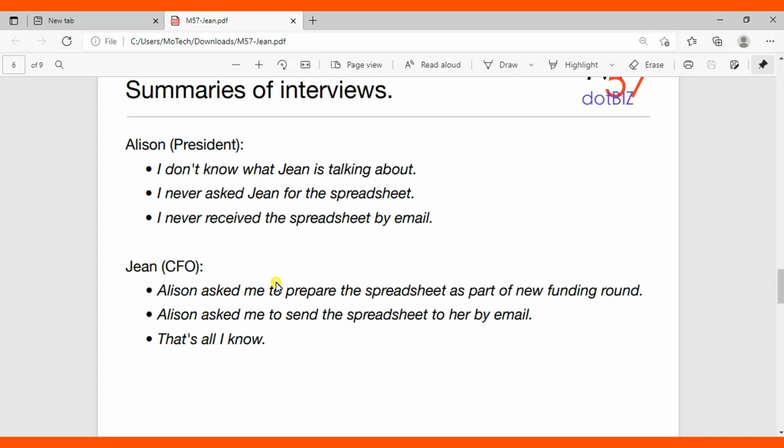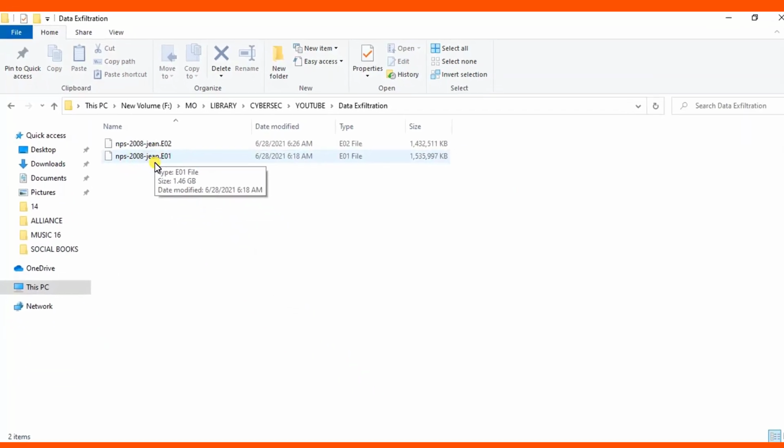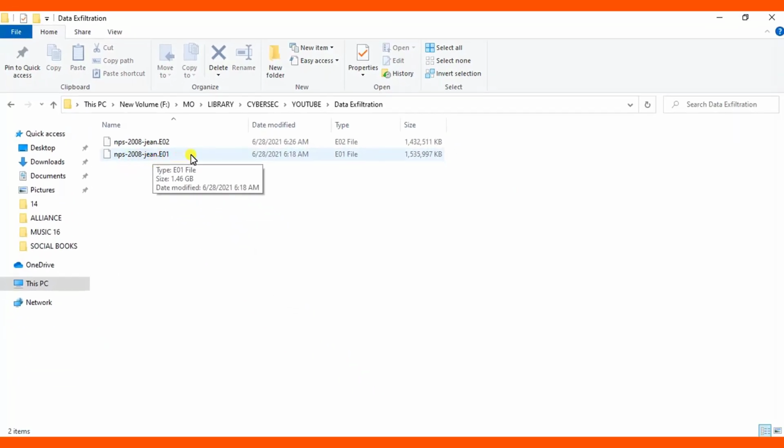created a logical image of Jean's computer, right? And let me show you. This is the file. So this is the Jean logical file, I mean the image of Jean's computer. So we're going to make analysis of this logical file by using FTK Imager,